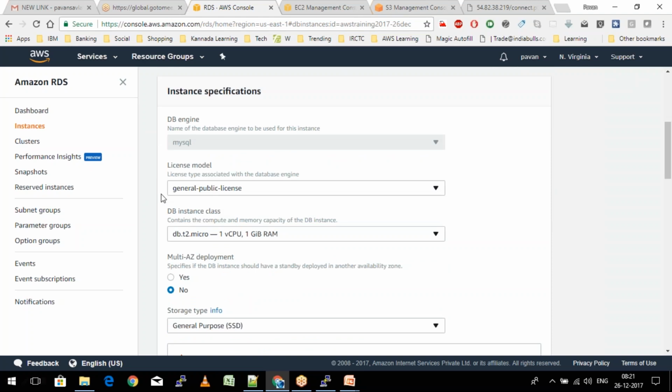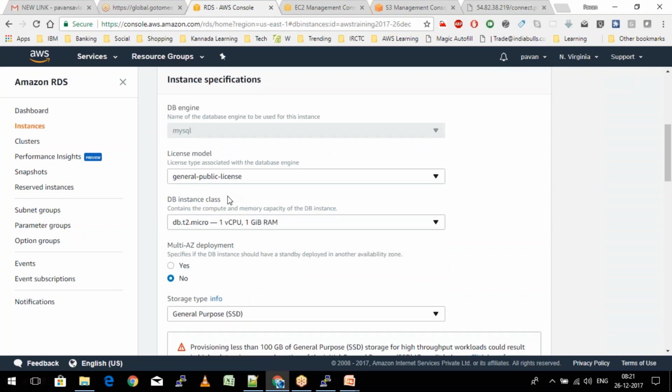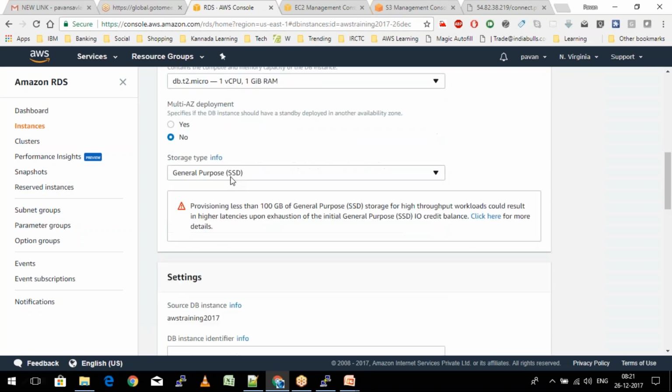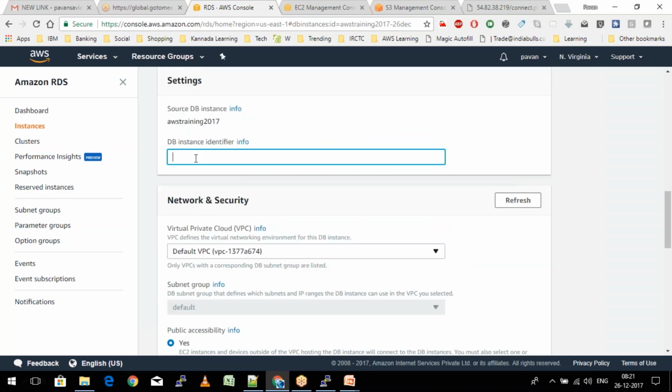So again, it's going to ask me the database engine, and then the license model is going to be general public license, T2 micro, multi-AZ as no, storage type is general purpose SSD. Again, it is going to ask me for a new identifier. So again, I'll say it as maybe, let's say,